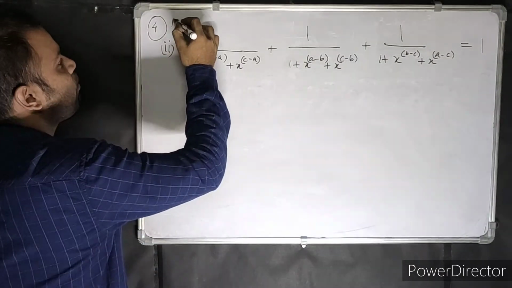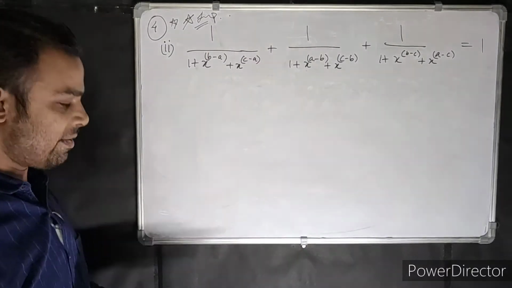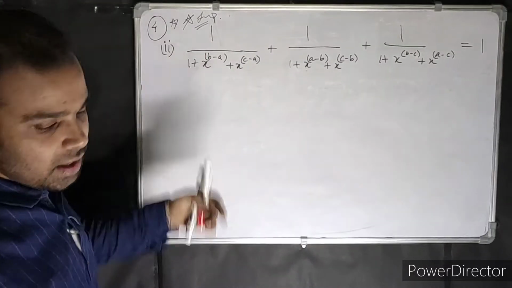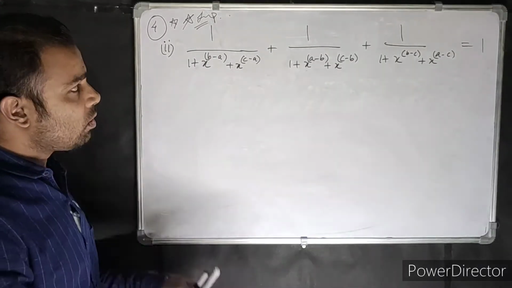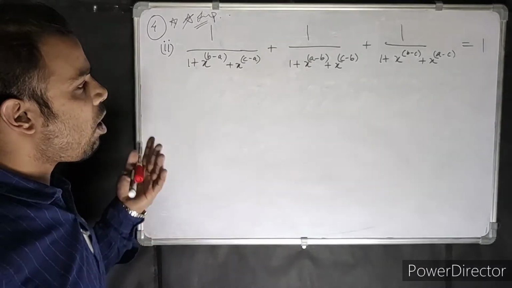Okay, this is again important. Mark stars and write IMP. Those of you who have the book, good. Those of you who don't have the book, just copy this question and mark it important. No matter which board you are from, these questions are common everywhere.